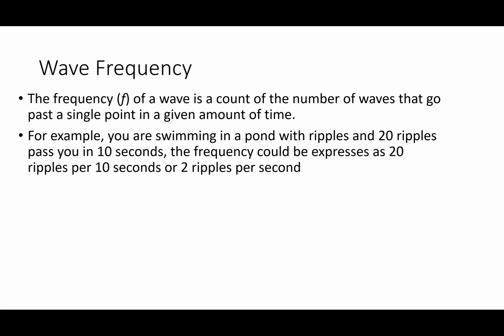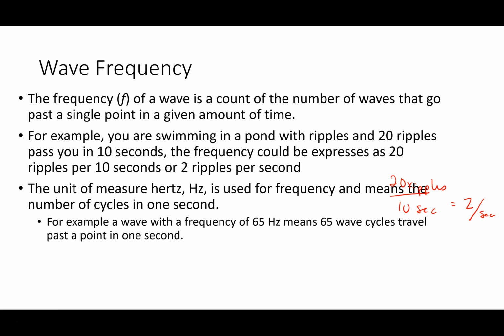So in this example, let's say you let it rip for 20 seconds, and as you're standing there, you have 20 ripples go by. So in that case, we could take how many ripples per second? We could take 20 ripples per 10 seconds. So 20 divided by 10 is 2. So we just do 2 ripples per second. That's it. Units of frequency are per second. That's a 2, not a Z. Okay. So that's how that works.